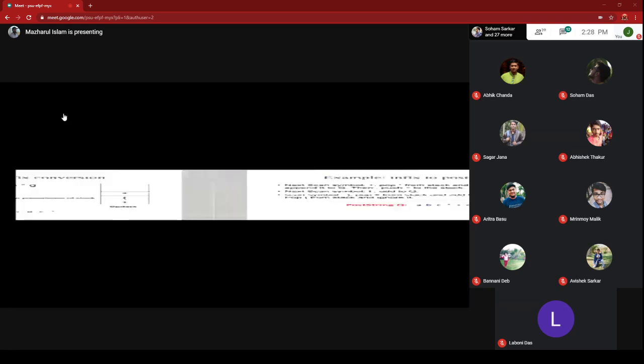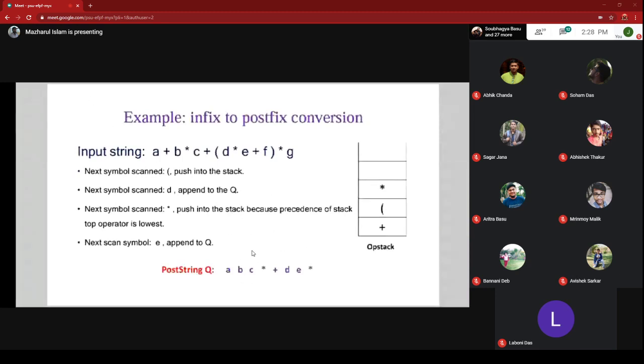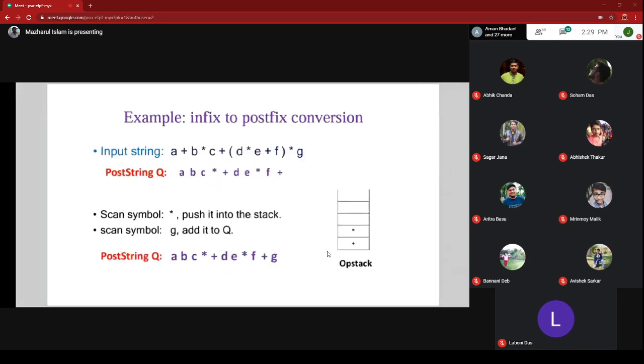Now, what is the next symbol? The next symbol is multiplication after the right bracket. What is at the top of the stack? At the top of the stack is the plus symbol, and your scan char is the multiplication. The precedence of the top of the stack symbol is not greater than or equal to the scan char. So in that case, 7b will execute. 7b says push the operator on the top of the stack. So multiplication will be pushed to the stack, and after that your last scan char is G.